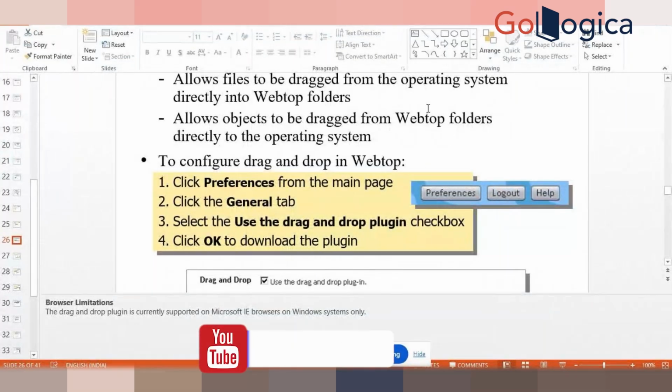So now this is another functionality which is already available in the latest version. In the older versions, the drag and drop option was something that you needed to enable from the preferences. So every user will have their own preferences that they can set based on their comfortability, right? So they will click on these preferences besides the logout to enable the drag and drop plugin, which will be an applet in the browser,